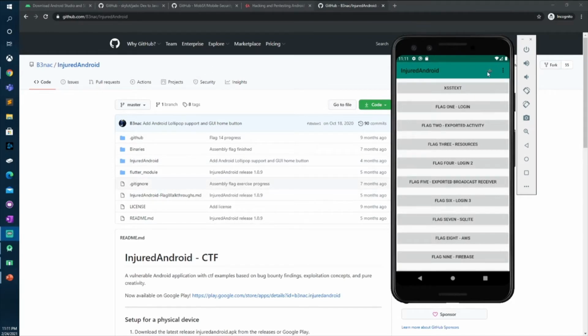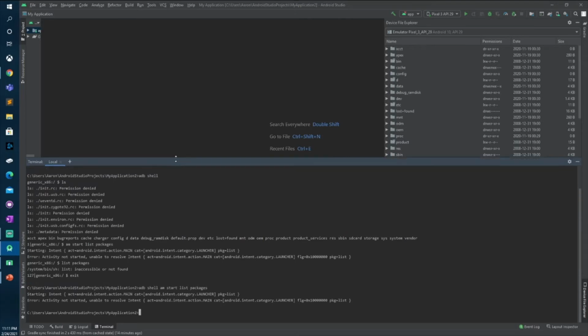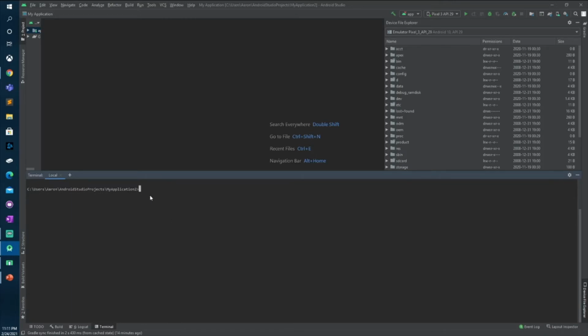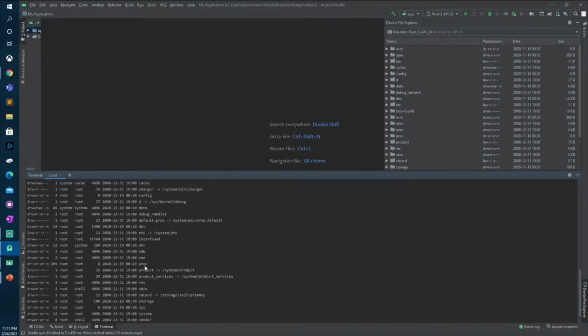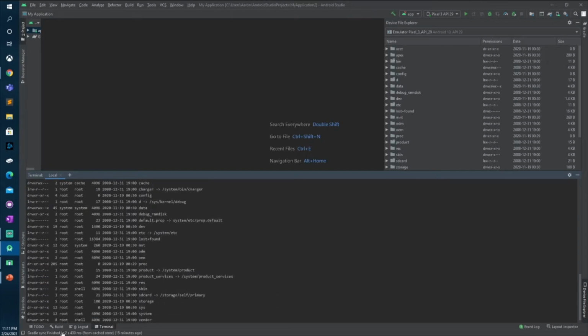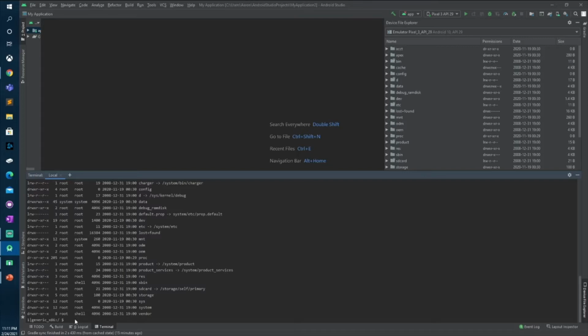Okay, so to get started here, all we need to do is pull the APK off of the emulator, and then we can play with it on our local machine. We can do that by opening the shell here in Android Studio. Let me clear my screen. To get into the emulator, you can do adb shell, and that will drop you into a shell. If I list the file system here, you can see that we are in the Android file system. Now, to list our packages, you can just do pm list packages,